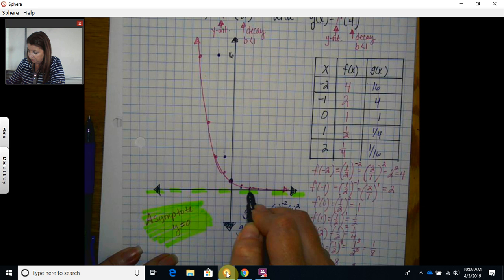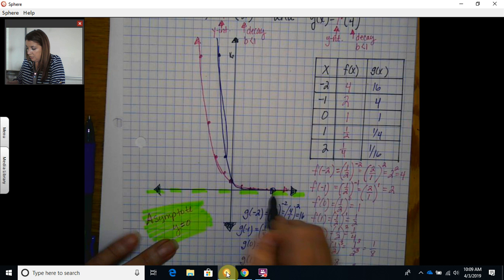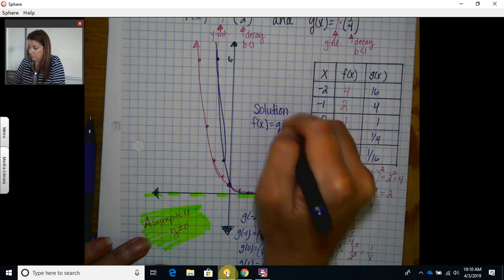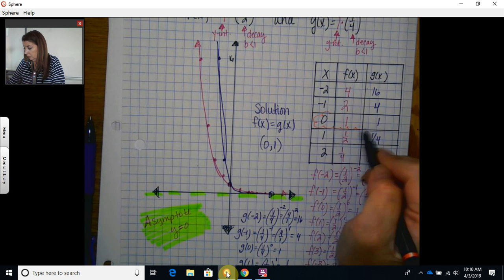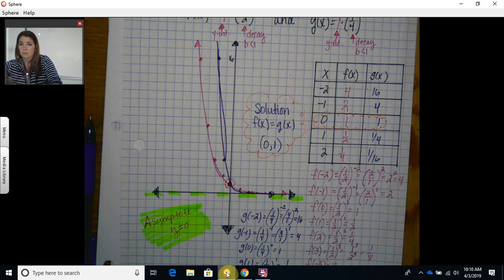That one would have the same asymptote as the other function, y equals 0. Oh, I didn't make that very pretty. So we already said the solution when f of x equals g of x is at (0, 1). We can see that by looking at the table of values. We can also see that by looking at the graph. Does anybody have questions